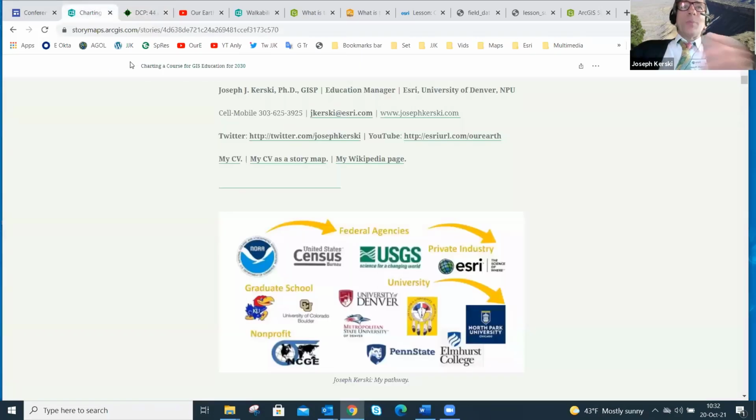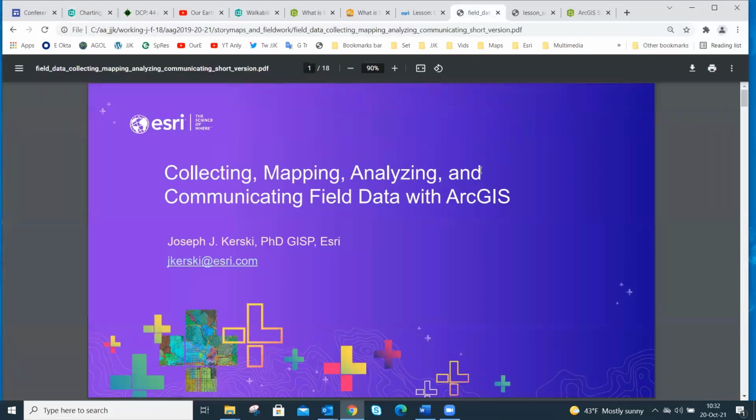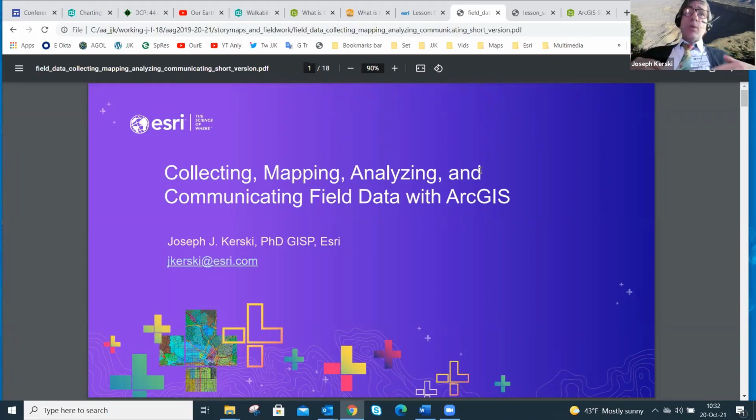Okay, so in this session, what we're going to dig into together is the following. We're going to go through this flow of collecting, mapping, analyzing, and communicating field data with ArcGIS. I know many of you, probably most of you, are what I would call GIS power users.